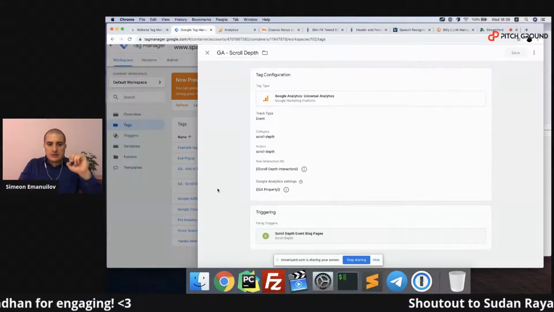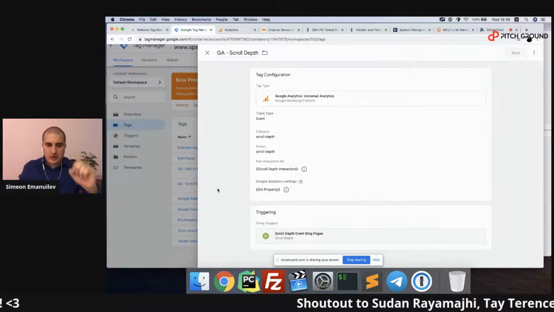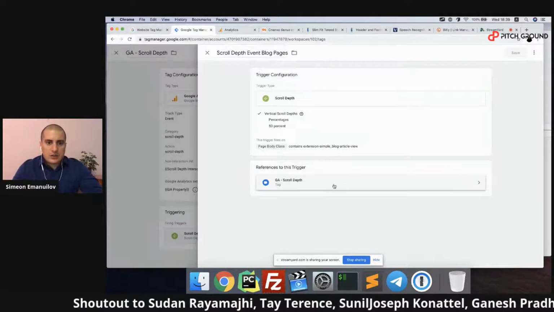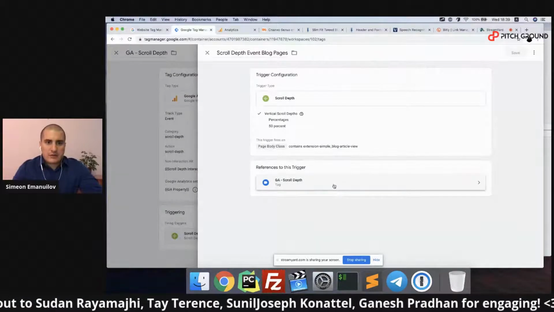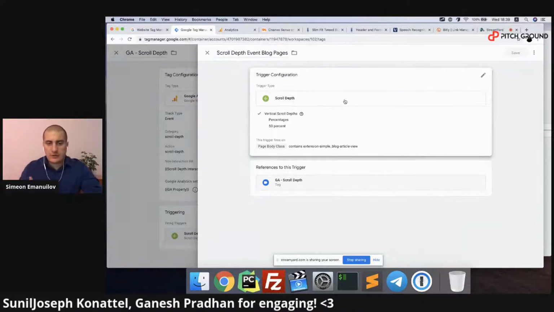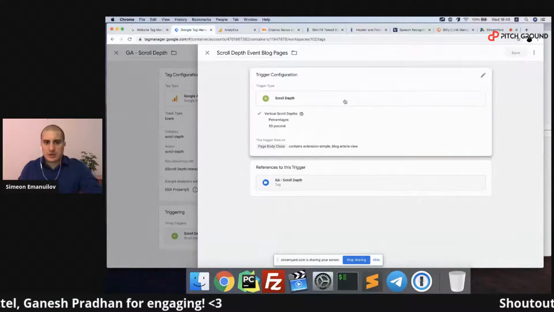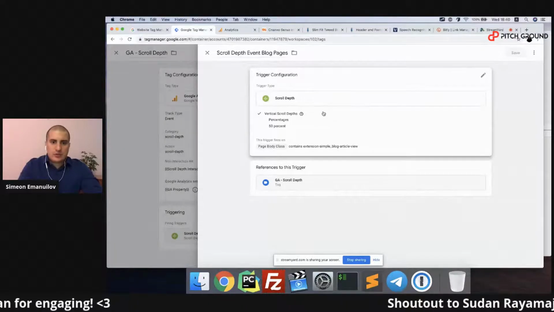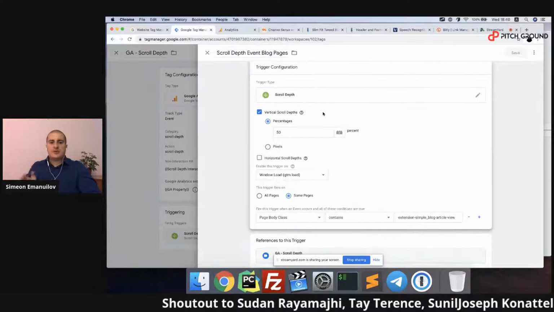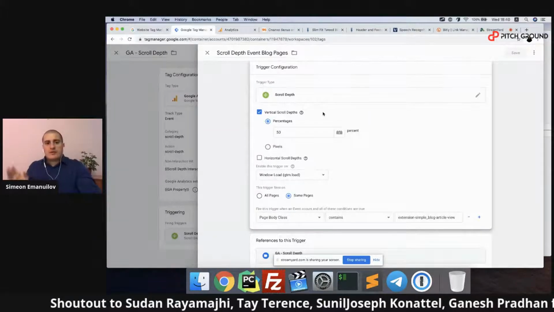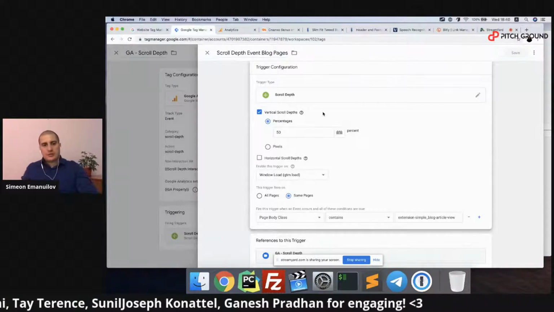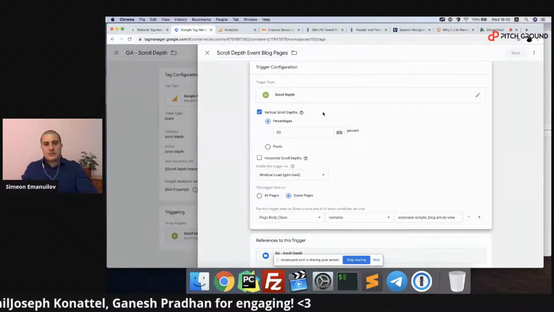And the interesting thing here is the firing trigger, sorry. So here you can see that we have a trigger which is scroll depth. It is built in, so we don't write this from scratch. And we can choose, for example, the vertical scroll depth and percentage equal to 50. If we want, we can separate by comma and add some different value, but most of the time it is